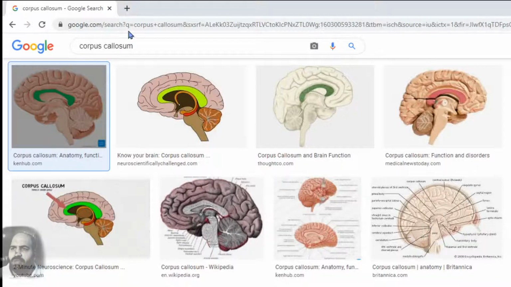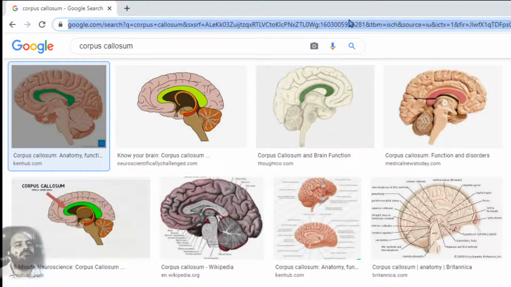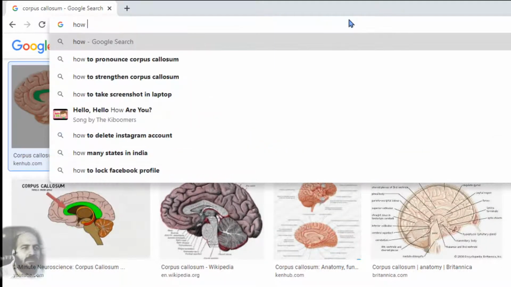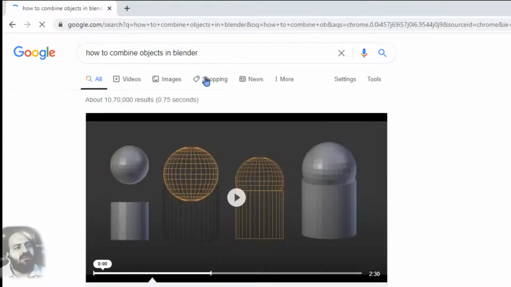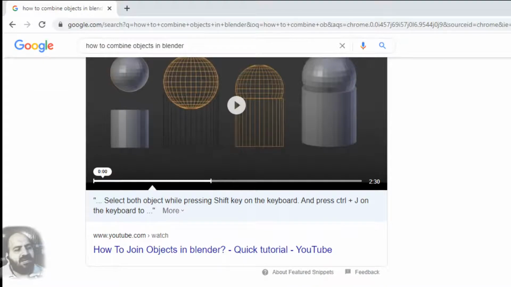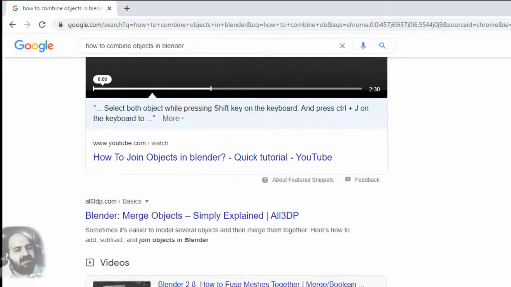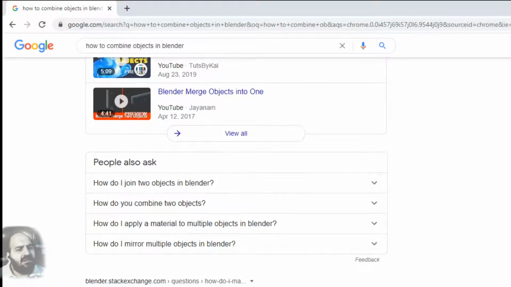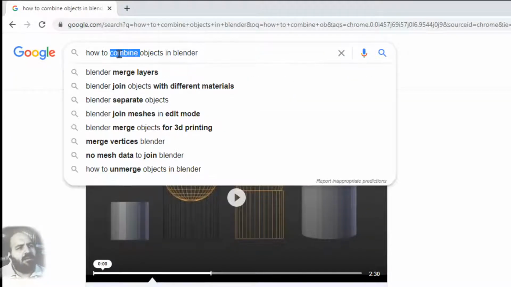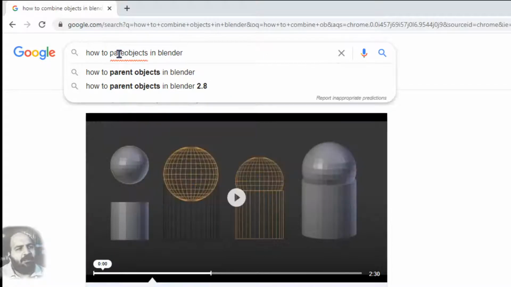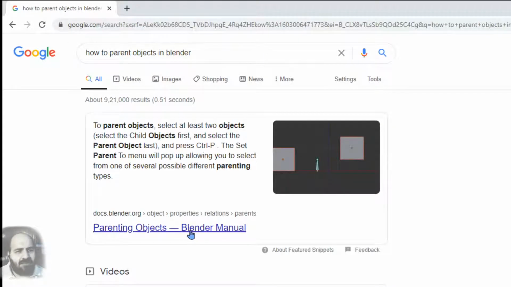Let's search on the internet. How to combine objects in Blender? How to join objects in Blender, merge objects, fuse meshes together. How do I merge two? How do I parent? How do I parent objects? Making it sound like a verb, but